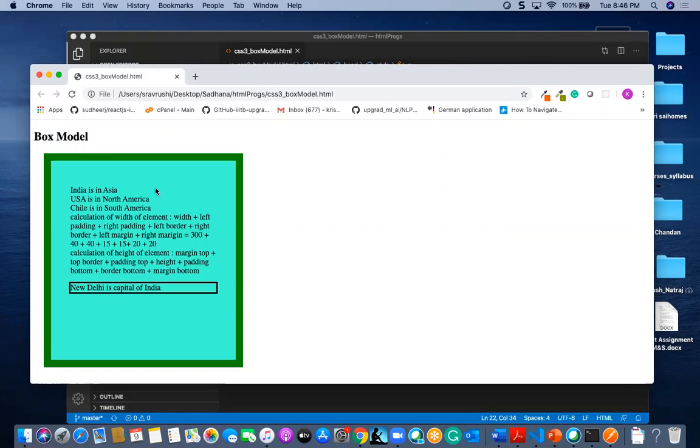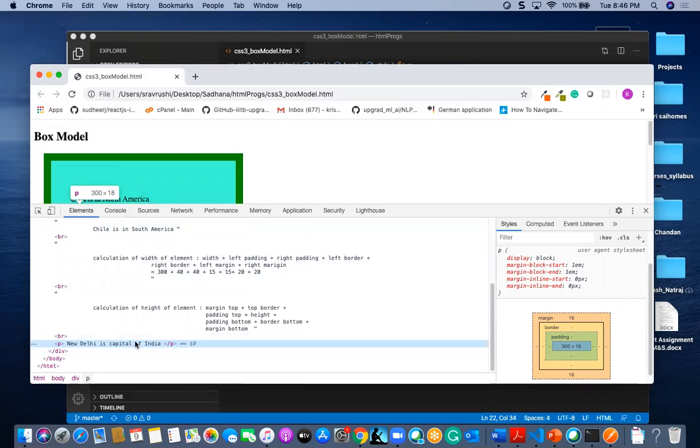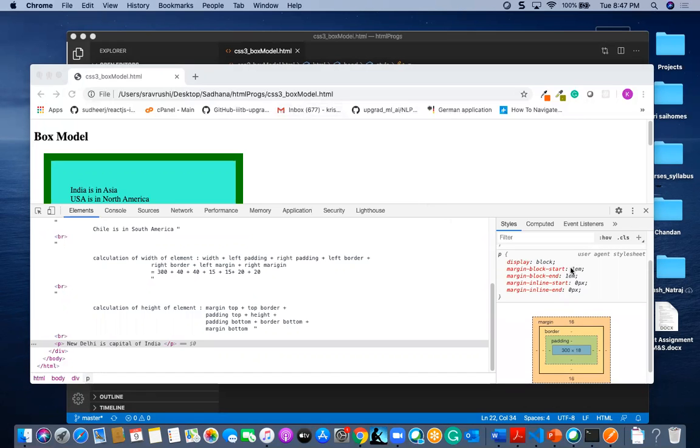If you inspect this para, the border is outside the padding.